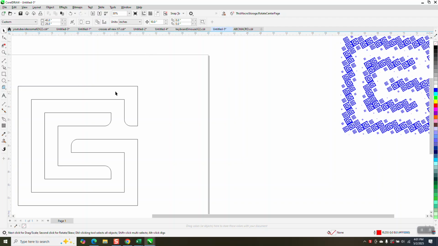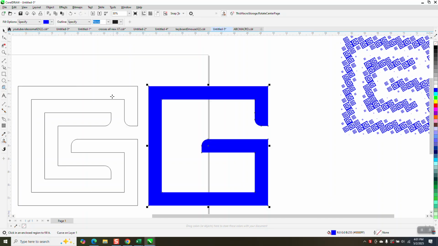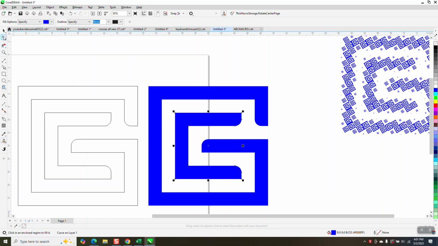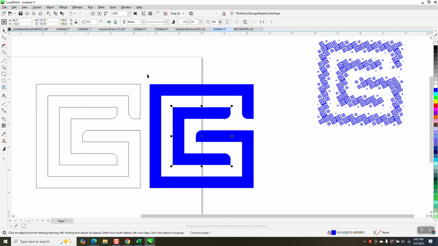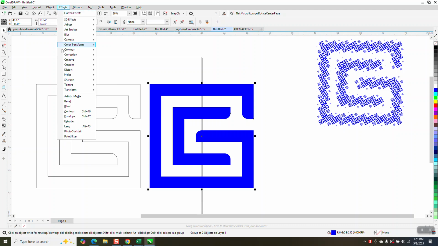I'm going to set my nudge factor on 10. This is 18, so let's set our nudge factor on 20. And let's fill this in with two colors and nudge them over. Now, he's going to group this together, Control G. Then he's going to go to Effects and get the Pointillizer tool